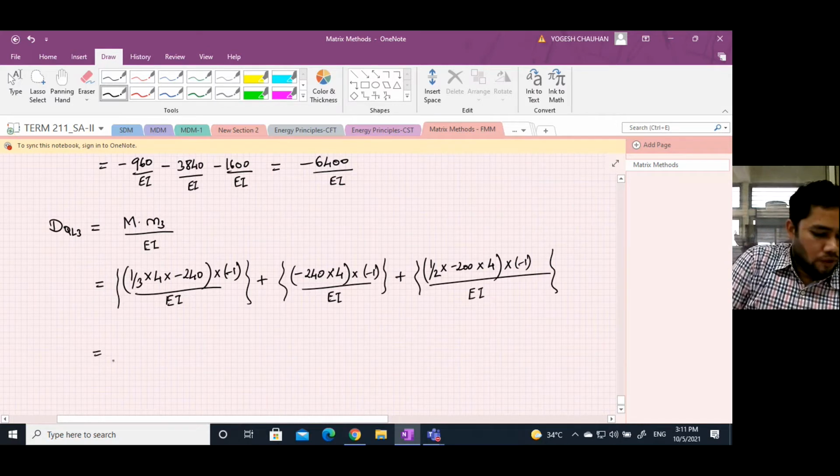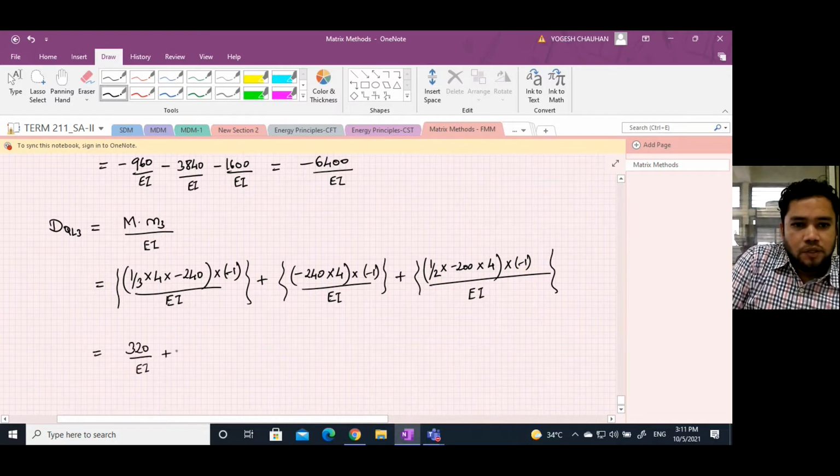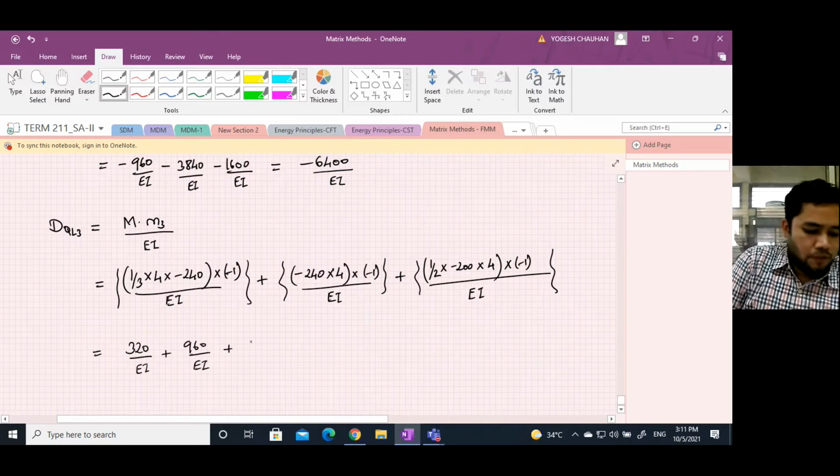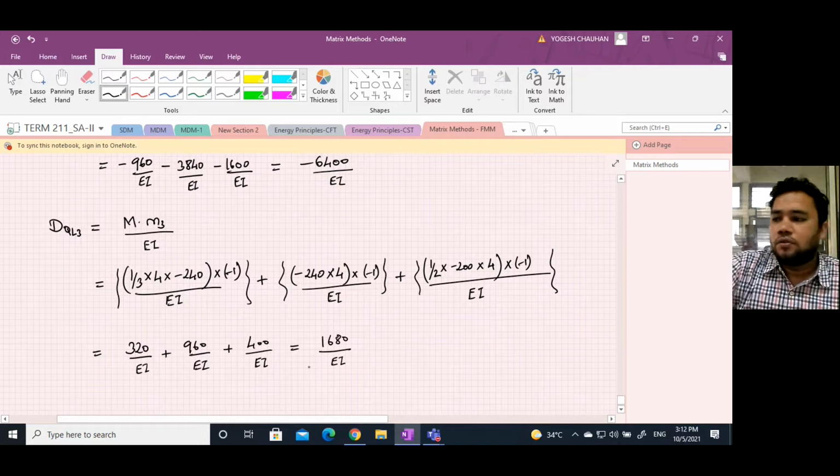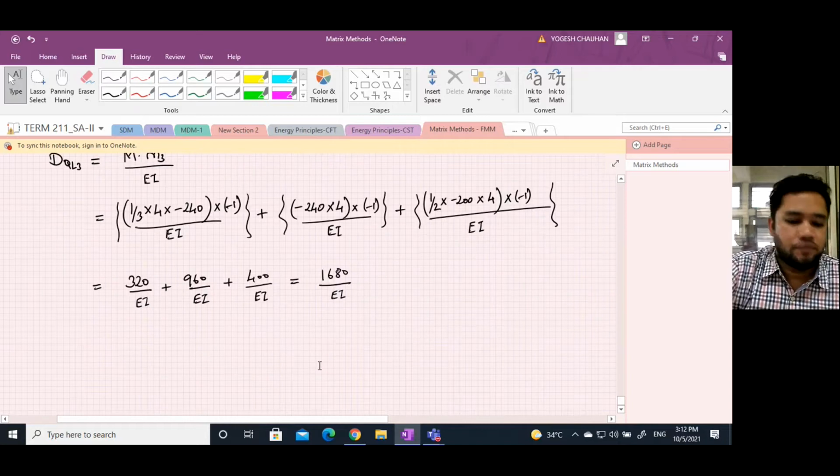So this will give you 320 by EI plus 960 by EI plus 400 by EI. So total will be 1680 by EI. So your DQL matrix will be,